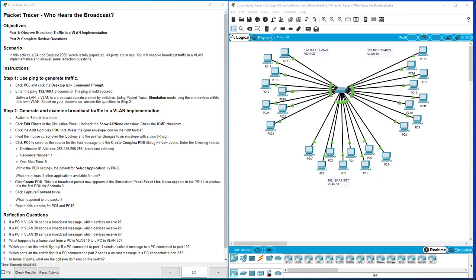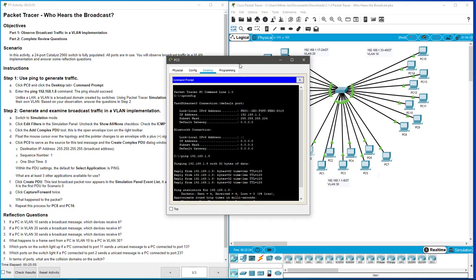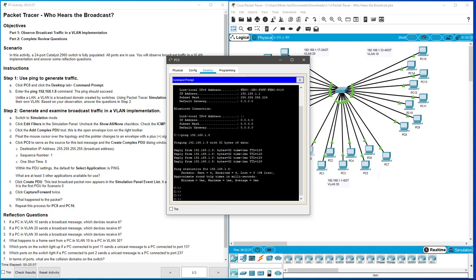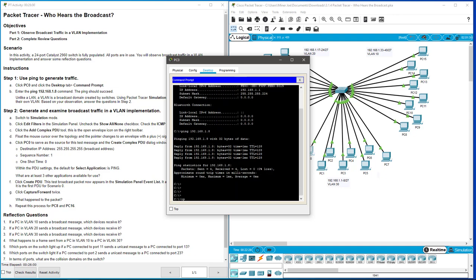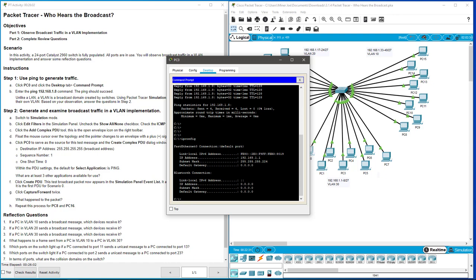All right, so PC 0, going to go over to PC 0. We're going to click on Command. And I got some stuff in there already. Let's just go ahead and do this. Let's start with ipconfig just for fun. And we can see that our address is